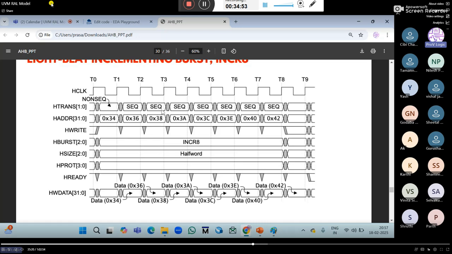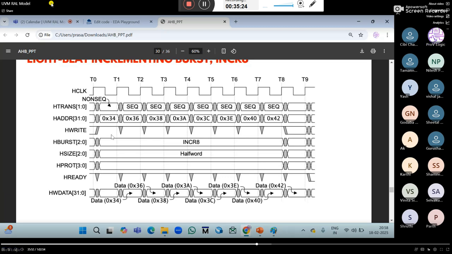The same offset addresses will be there in the DUT also. In the DUT also the same registers will be there, R1, R2, R3, R4, with the same addresses, because both at the test bench side and the DUT side, the addresses must be the same. Then only can we send proper data into that particular address, right? In the DUT registers R1, R2, R3 also follow the same 0x34, 0x36, 0x38, 3A, 3C like that.